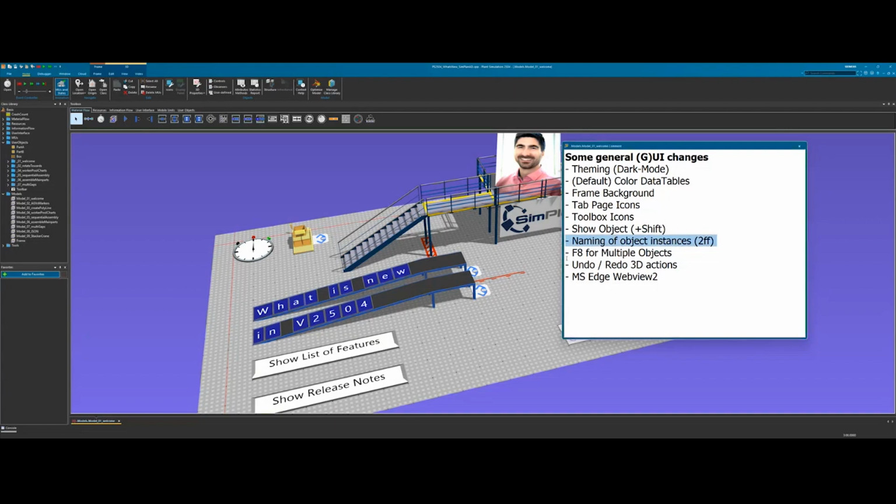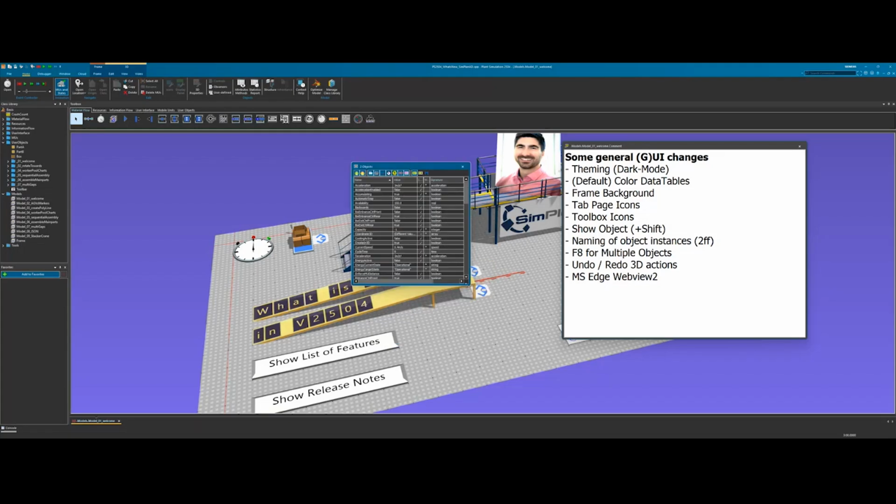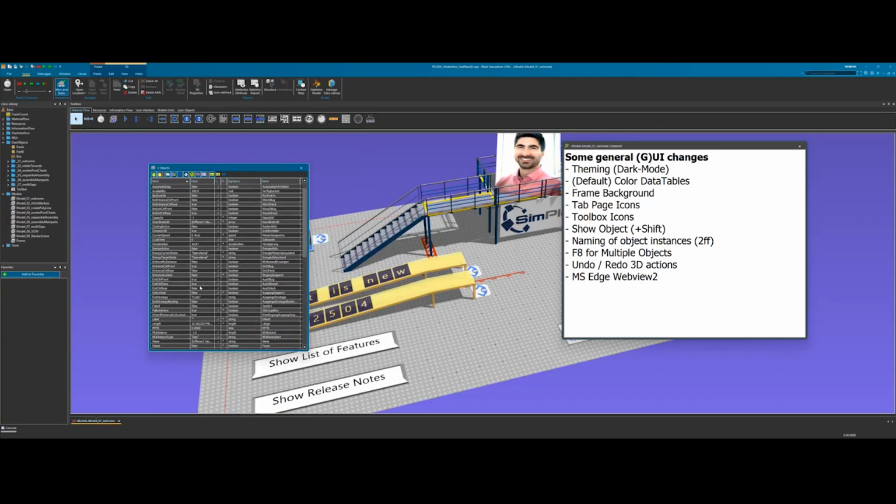Right. Another nice feature is that you can now use the attribute list F8 for multiple objects at once. So you can select these two conveyors and then press F8 to show the attributes. And this will now show you the attribute values that they have in common, or that they don't have in common.